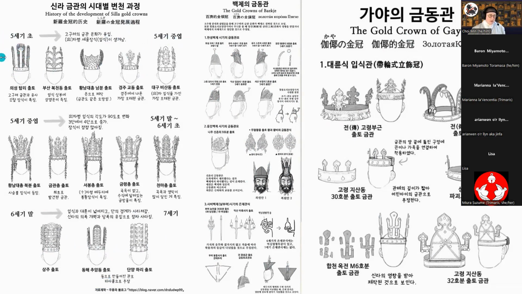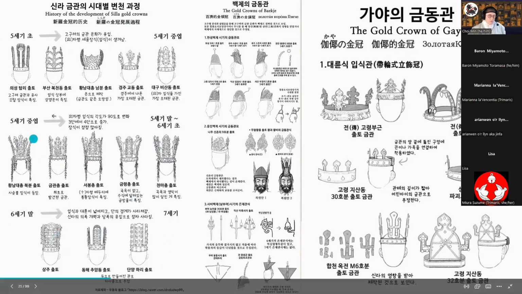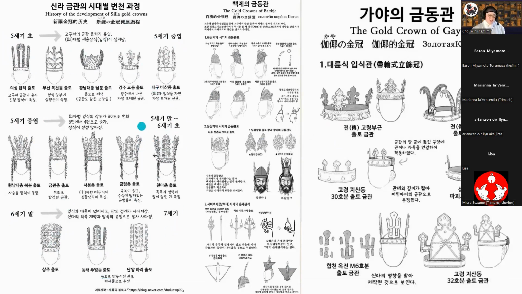And then they're specifying all these filigrees, and over here is the Silla gold crowns on a timeline. So we have 5th century going this way, coming into the beginning of 6th century, and then 6th century into 7th century. So we have crowns, tons of those. If you ever wanted to get really specific on the later or earlier half of a century for crowns, you can do that because we have tons of those.